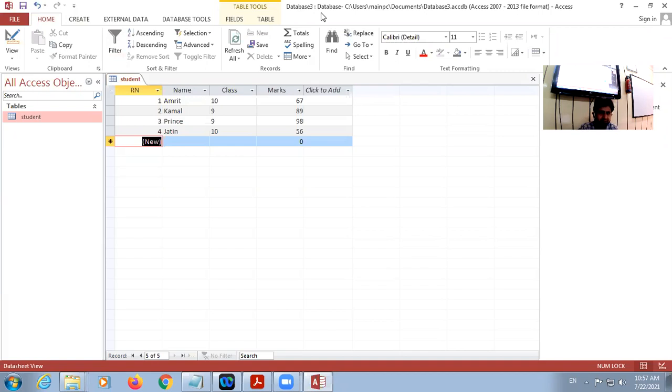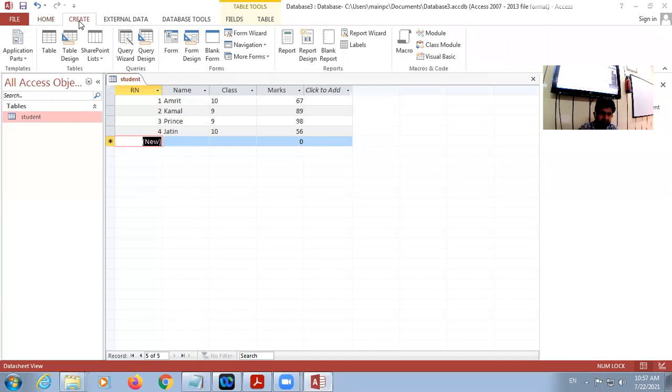Now in case I want to display the data in a report, I will have to click on create. Here is the report group. Here is report, report design, blank report. So different methods for creating reports are there.